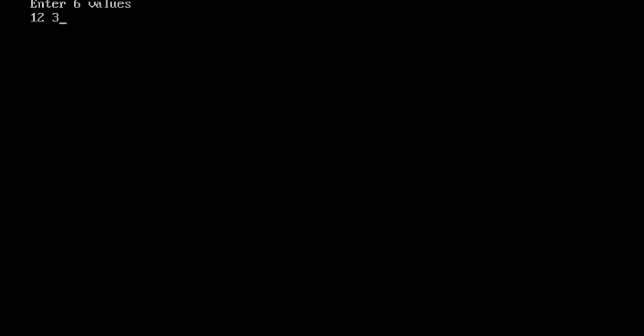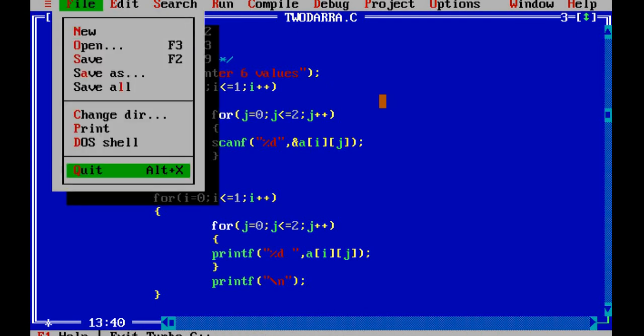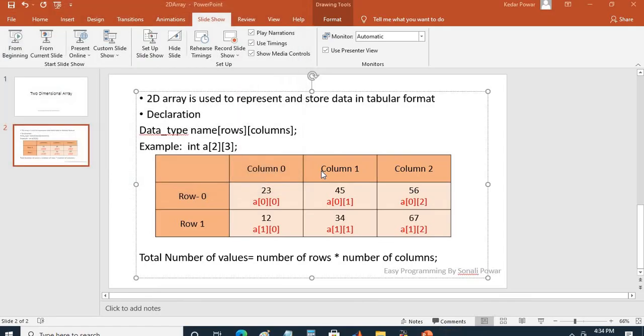So 12, 34, 56. These values will be assigned to the 0th row. Now there is no need to give the values in only a single line. Suppose I say 89, 67, 80, then also it will place them at the proper location. You can see 12, 34, 56. This is the 0th row, and the first row will be 89, 67 and 80. So like that you can read and write the values into the two-dimensional array. I hope you understand this two-dimensional array, and thank